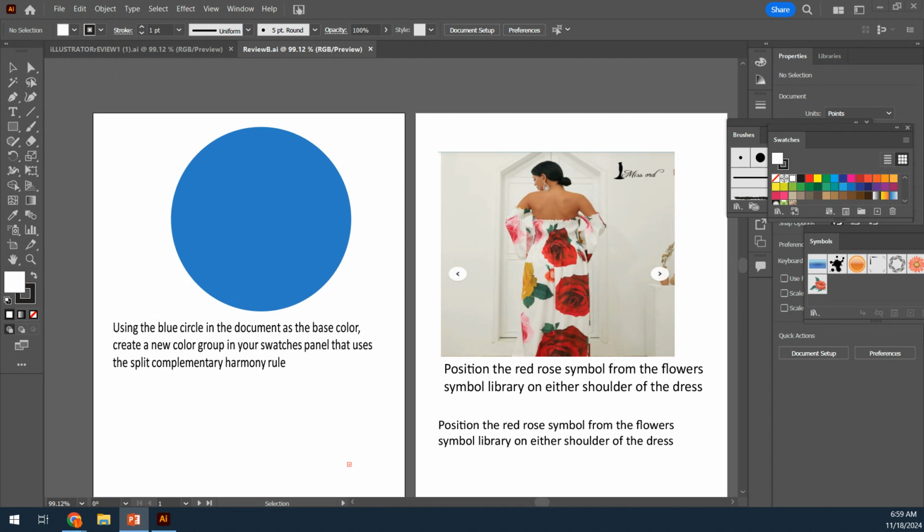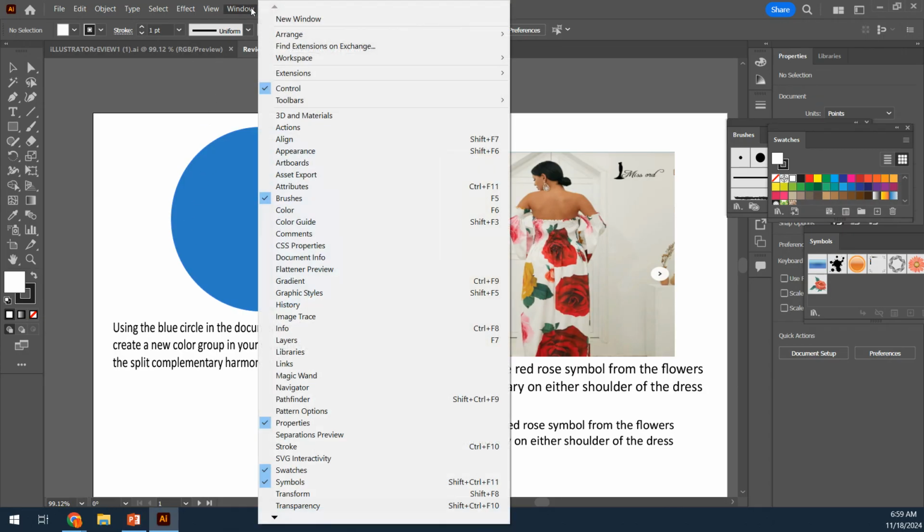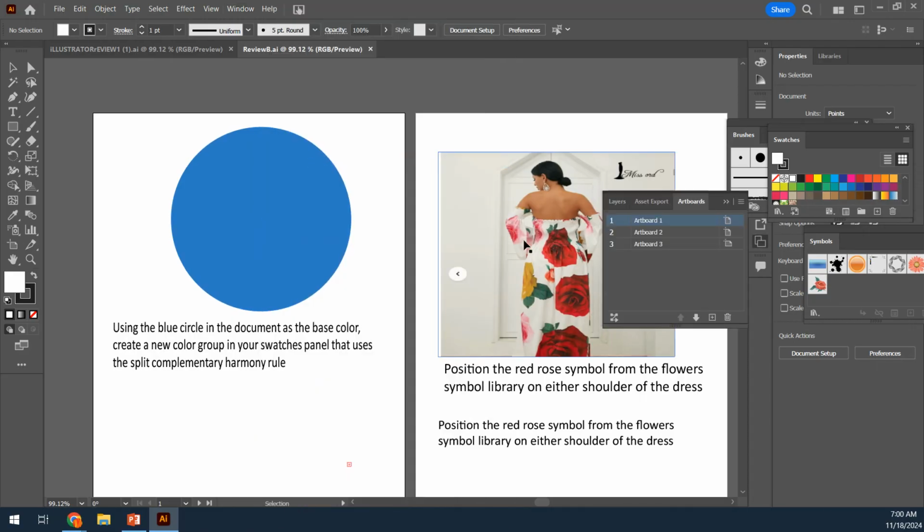Okay, guys, if it says anything about artboards, you have to go get the Artboards panel. If I ask you to do a second artboard and you don't set it up initially, you have to go to Window and Artboards. And we're about to do that first. That'll be the first thing we do. This is a question on the test. So I'm going to go to Window and Artboards, and I'm going to bring up the Artboards